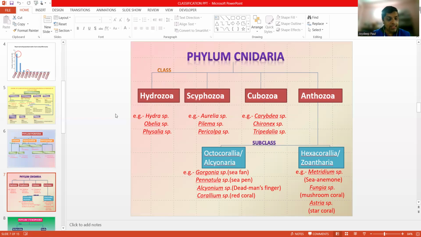Life cycle exhibits polymorphism, which is one of the most unique features in this particular phylum. So exhibit polymorphism, polyp, medusa and blastostyle structures are formed, exhibit alteration of generation or metagenesis. Basically this is one of the most important characteristic points which is actually present exclusively in this particular phylum.